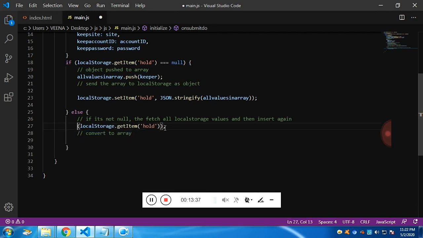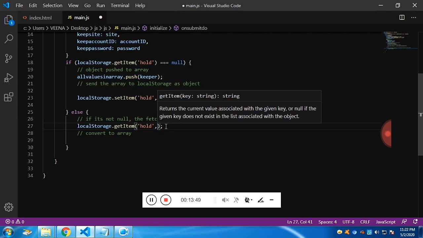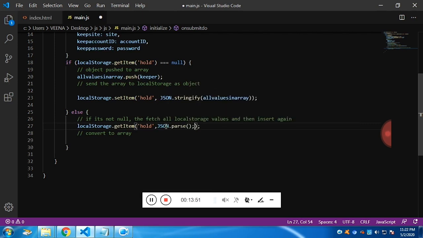Now to get the array value, the JSON.parse function will do it. This is not how we write it. This is the way. Yeah, this is the right way. Now I'm going to store all the stored values in array form, because we have retrieved them using JSON.parse.